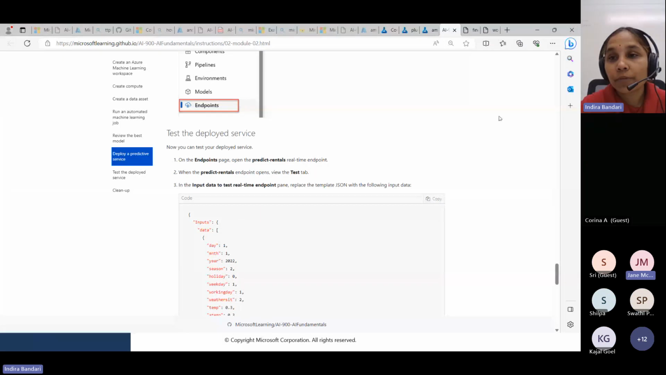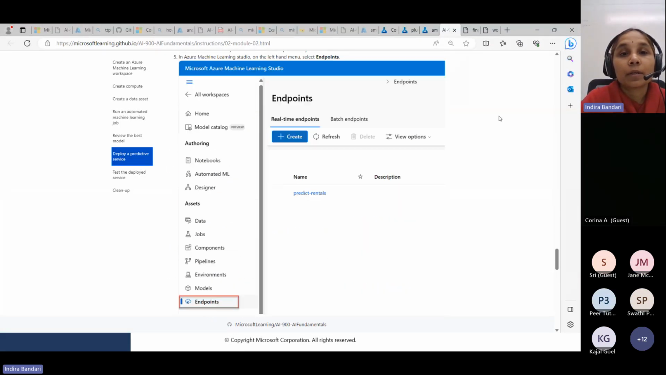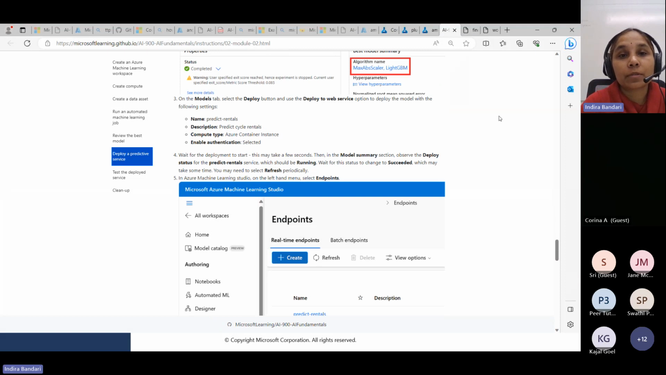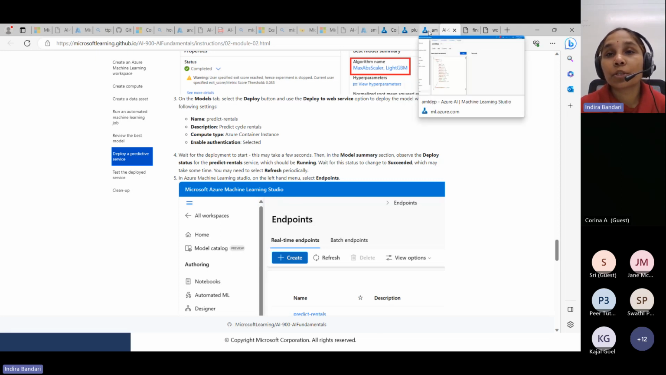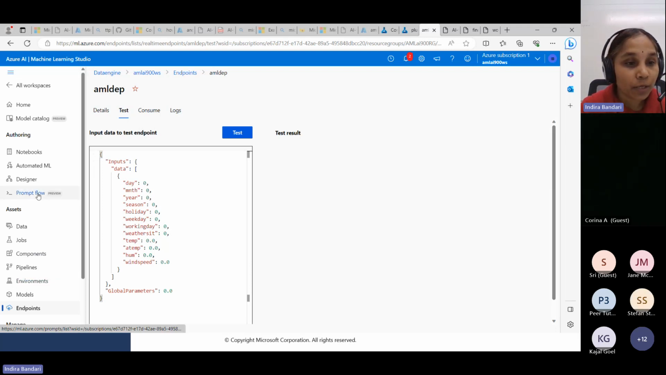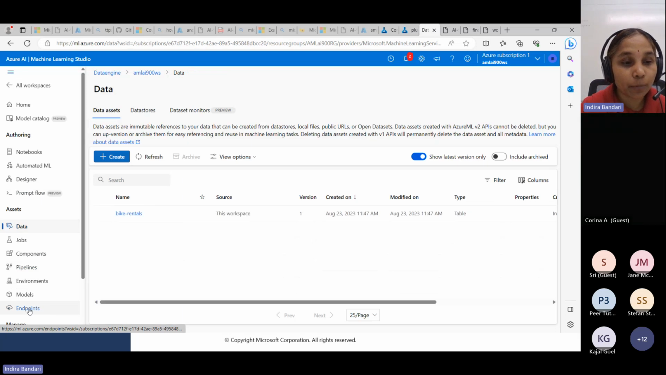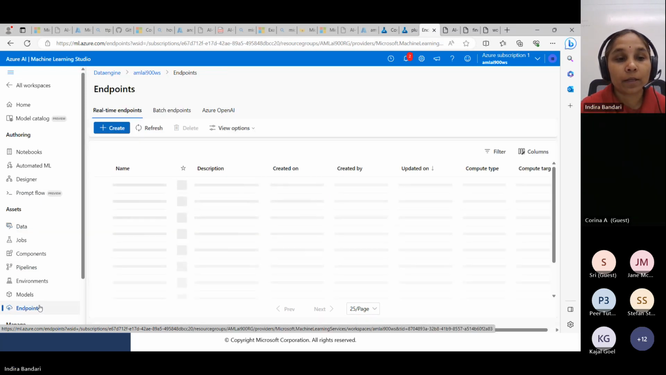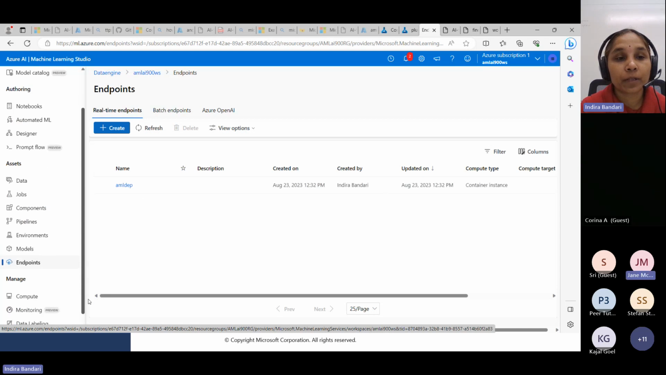Okay, so yesterday what we have done is we have deployed the model to a web service. We used the compute type as Azure Container Instance, and then we deployed. Now, in order to use that, we need to go to the endpoints, which can be found in the machine learning studio. There is something called endpoints under assets. So if I click on that, then